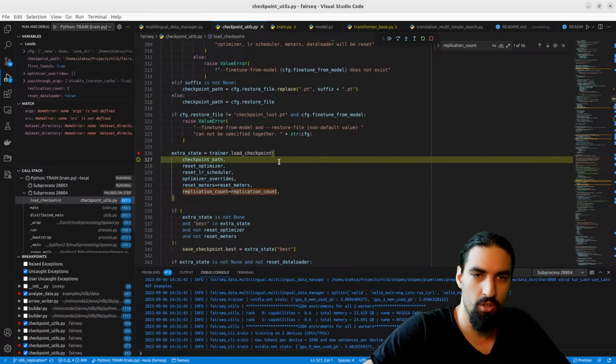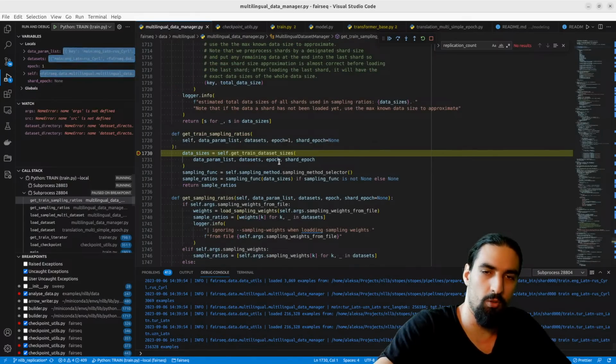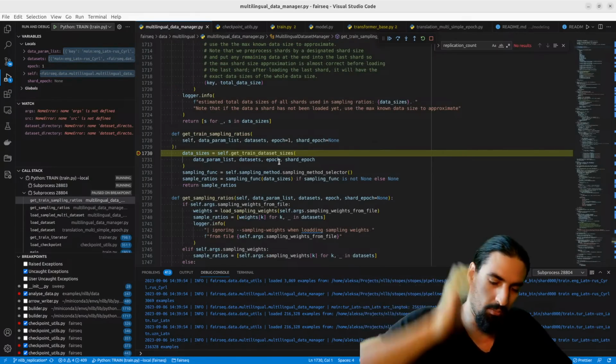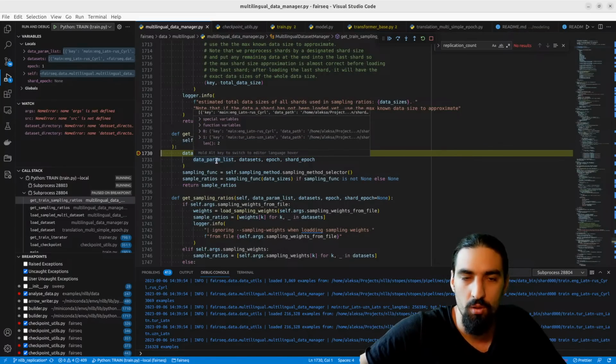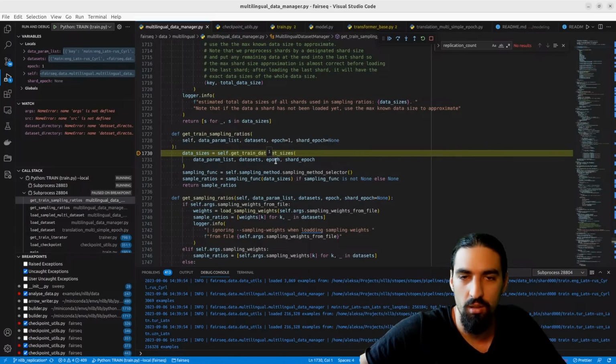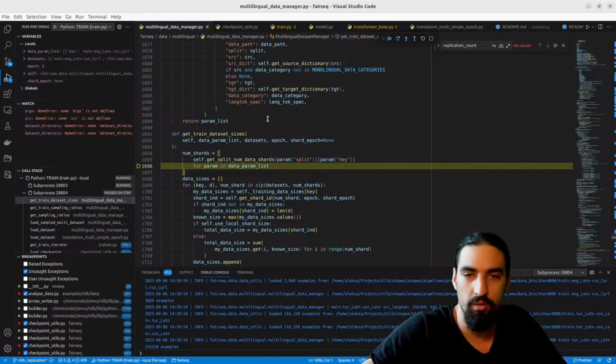We are here. Now we are repeating everything the same for this second process. So here we can, let's enter here. Let's understand again why do we get the sampling ratios that we get? Let's enter here. Number of shards.